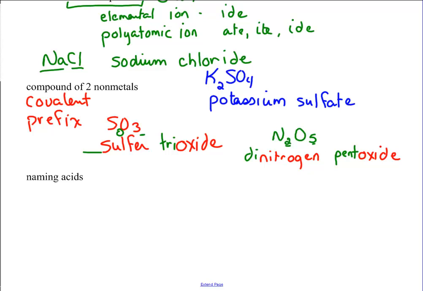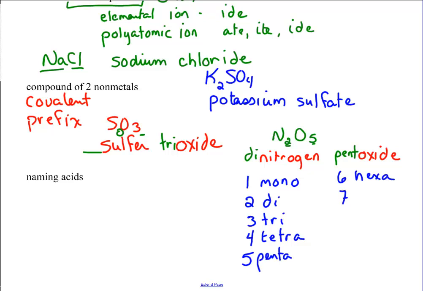So if you're not sure of your prefixes from 1 through 10, that would be another thing to memorize. 1 is mono, 2 is di, 3 is tri, 4 is tetra, we're doing Greek here, 5 is penta, 6 is hexa, 7 is hepta, 8 is octa, 9 is nona, 10 is deca. We can keep going, but we're going to work with compounds that don't have more than 10 atoms in the